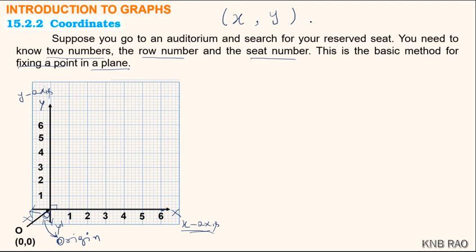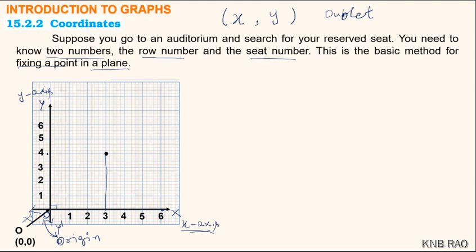So we write this in doublet form, like first number comma second number within parenthesis. For example, if I show this point, you could see this point here. If I take a perpendicular dropped from that point to the x-axis, what is this distance? This distance is 4.